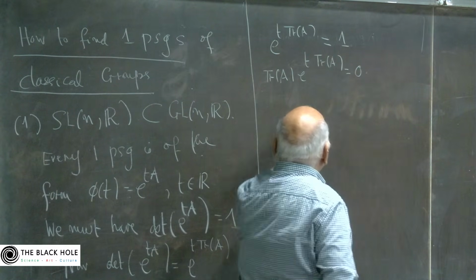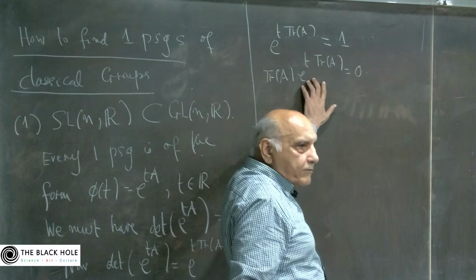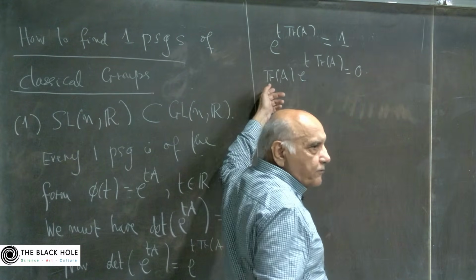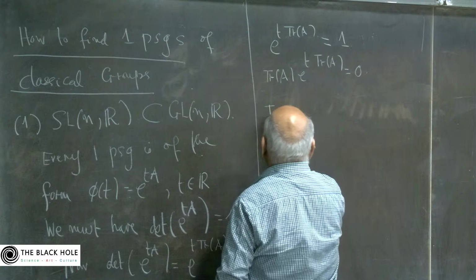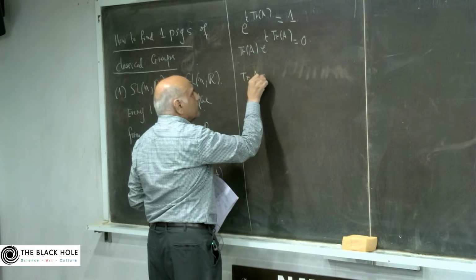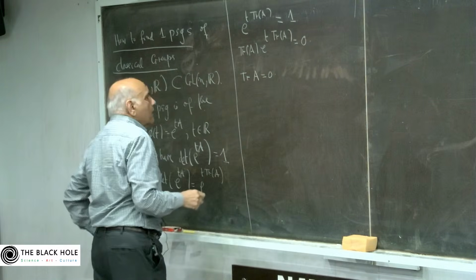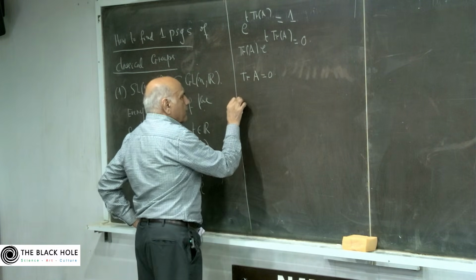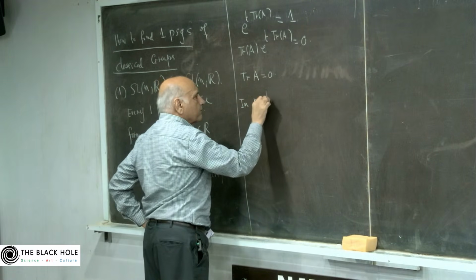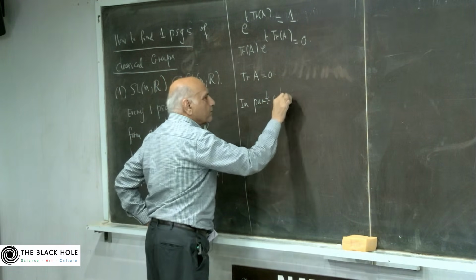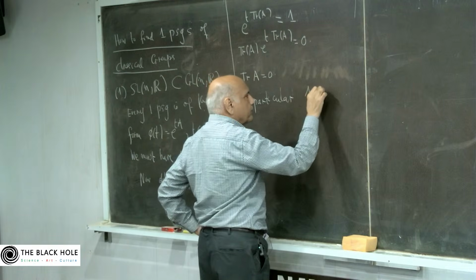Since this is never 0, you get trace of A is equal to 0. So in particular, one parameter subgroups of